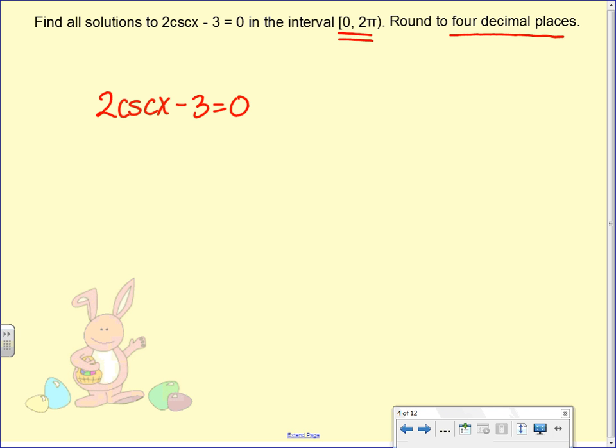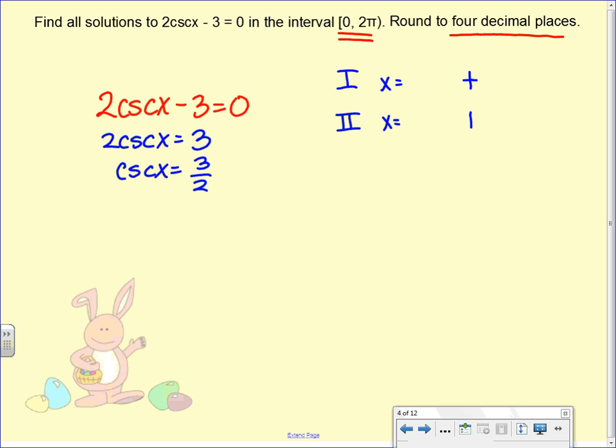Okay, so let's start with 2 cosecant x minus 3 equals 0. What can you do first here? Move the 3 over. Then divide by 2. Okay, where is cosecant positive? Let's set up our answers here. Quadrant 1 and quadrant 2, because it's the same as sine, right? It's its reciprocal value. All right, so x equals,